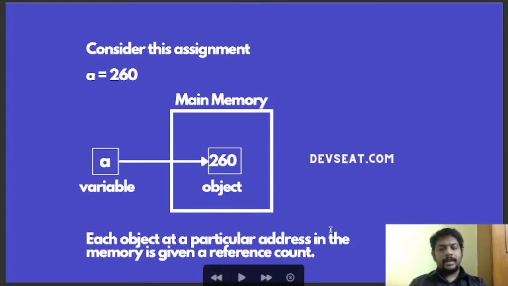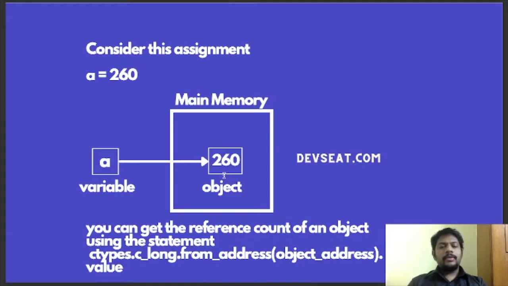Each object at a particular address in the memory is given a reference count. That means every object will have a reference count. Here, this object is pointed to by one reference variable. That means this object's reference count will be 1.